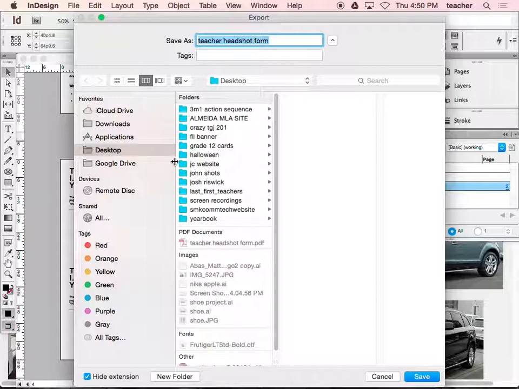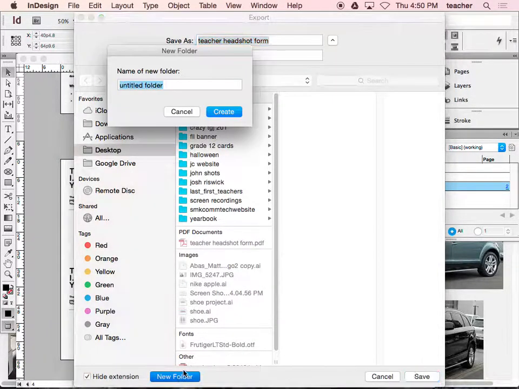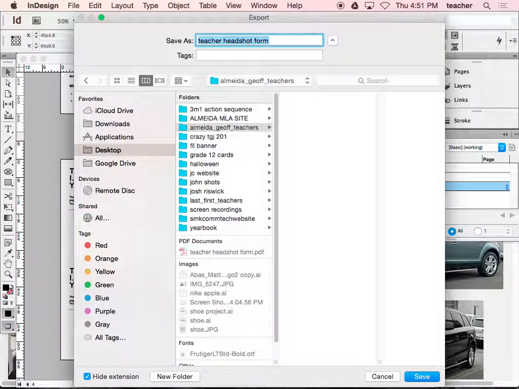Make sure you know where you're saving it. So if you're putting it on your desktop, maybe make a folder. So if this drops down to the Mac, you can say new folder and say I want to call this my last name, your first. You're probably wondering, what's about your last name? Okay, so I would put Almeida. My name is Geoff or Jeff, and I'm gonna say teachers, for example. Awesome. There's a folder there, and